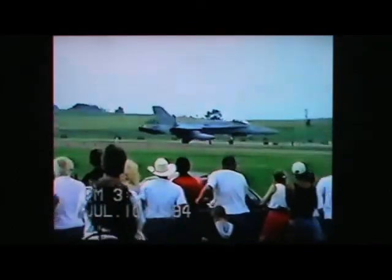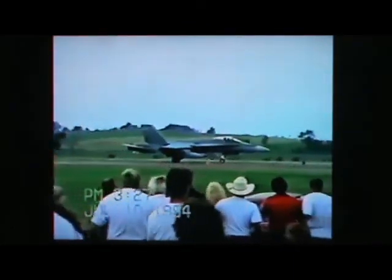Well, the United Airline that's inbound and wants to land what would be called minimal